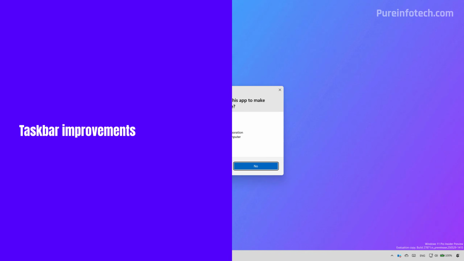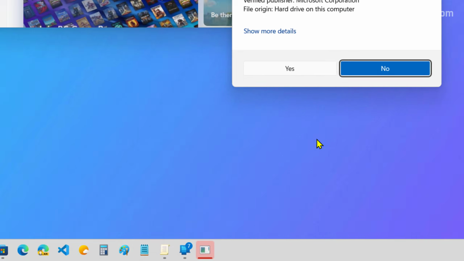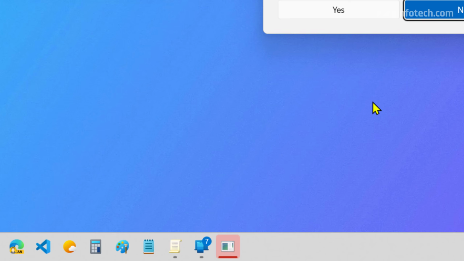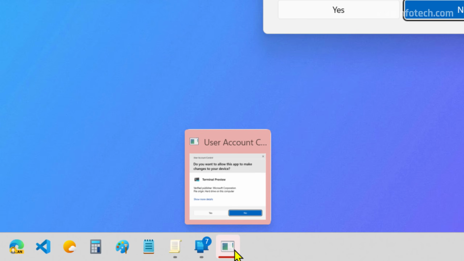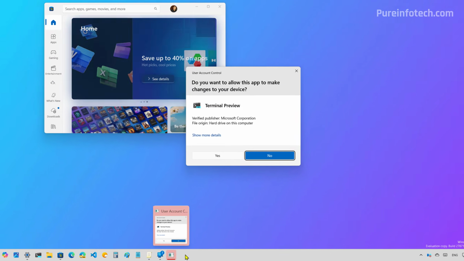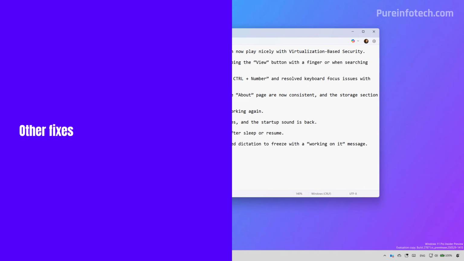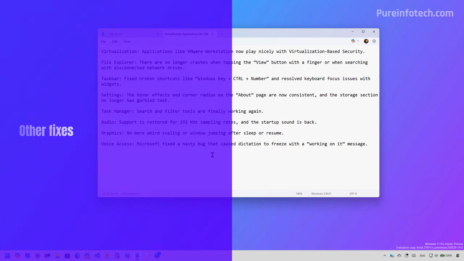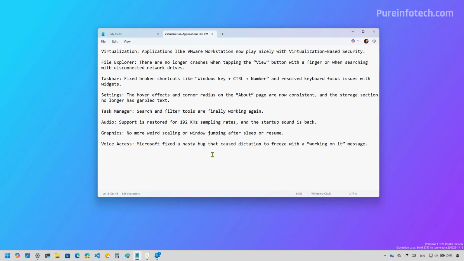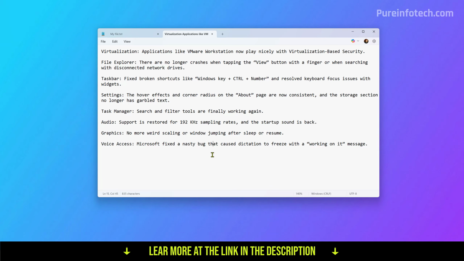For the taskbar, there are not a lot of changes. However, Microsoft is slightly updating the pill indicator to be a little bit wider when an app requires your attention, as you can see right here. And finally, Microsoft is adding several bug fixes regarding virtualization, File Explorer, taskbar, settings, Task Manager, audio, graphics, and voice access. You can always check the link in the video description to learn more about this build and new updates